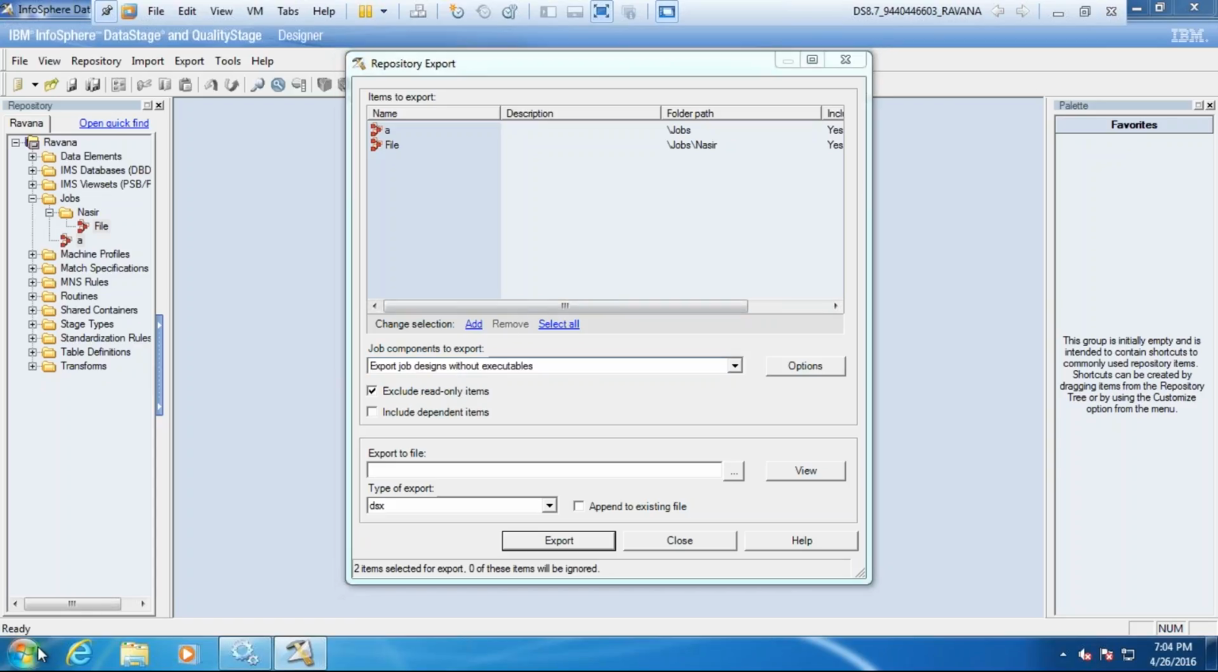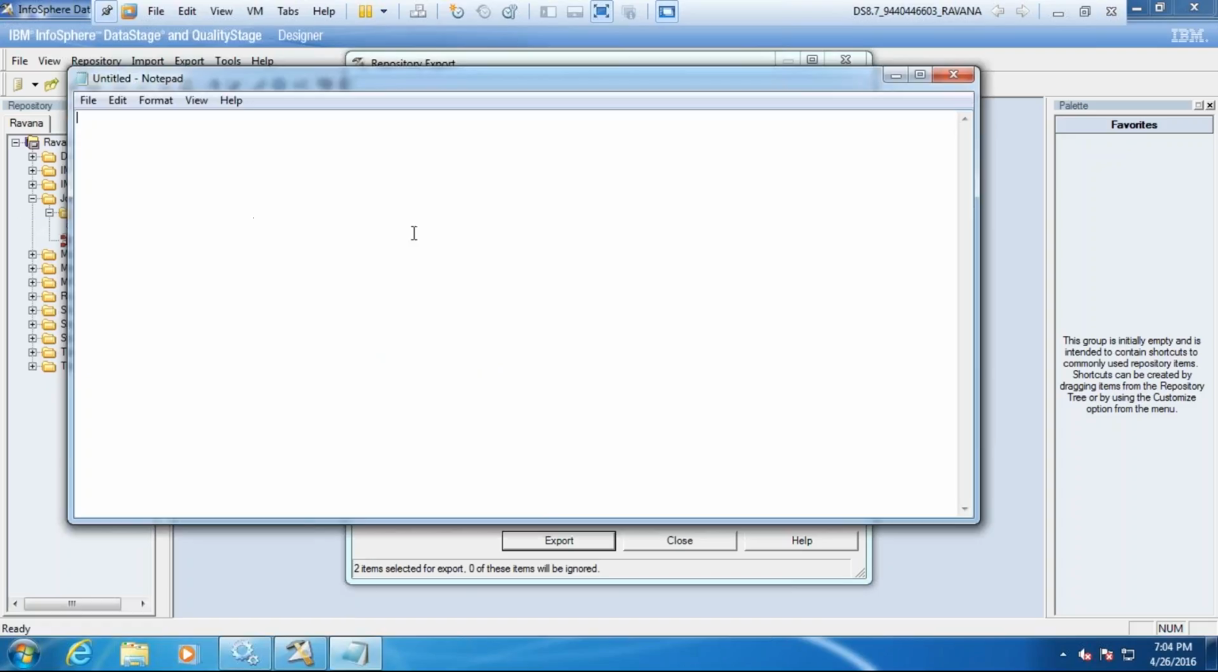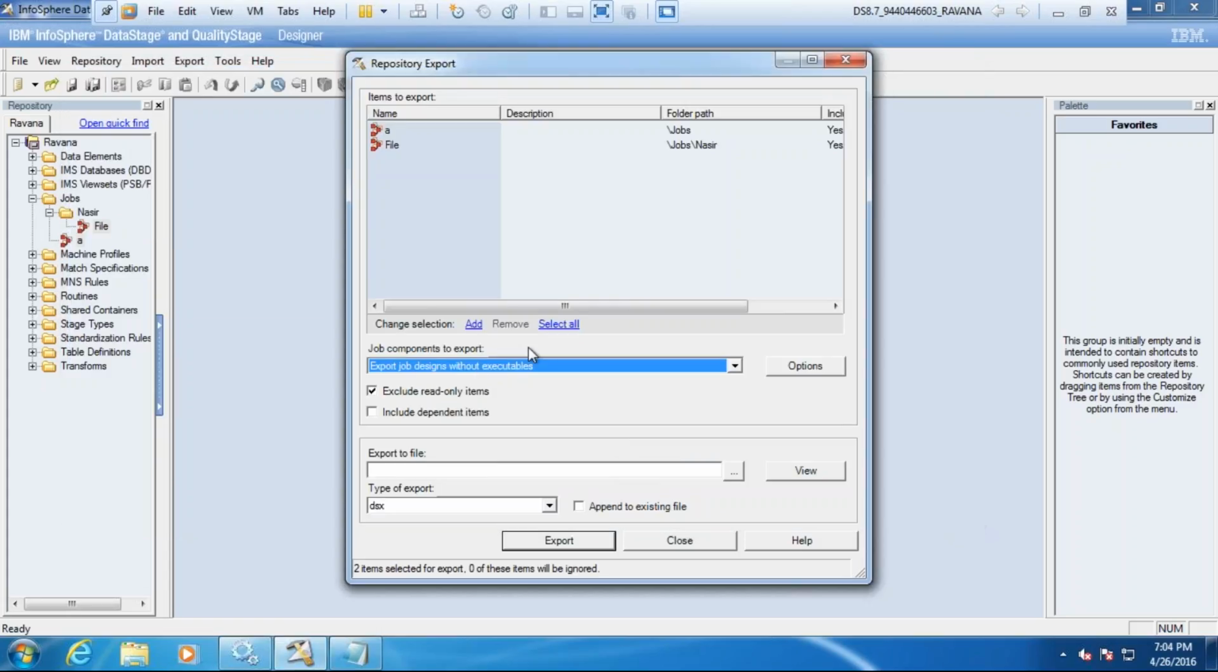Please try to understand. It will be a little confusing. Munawar has two jobs. He has exported them without executables. This is the point you need to remember. I will click the without executables option, and I will discuss these two items, exclude read-only items and include dependent,